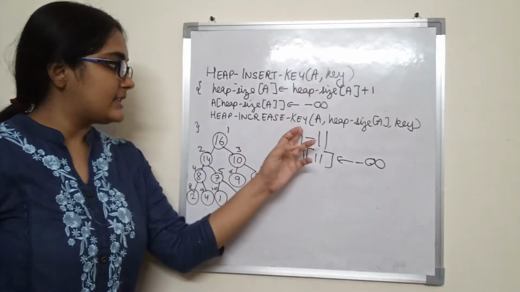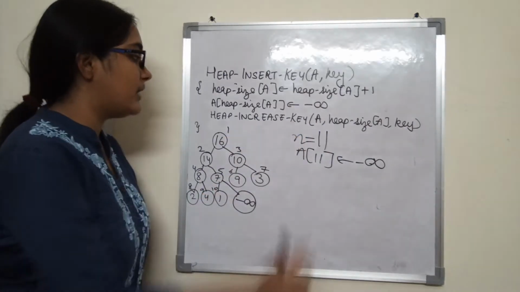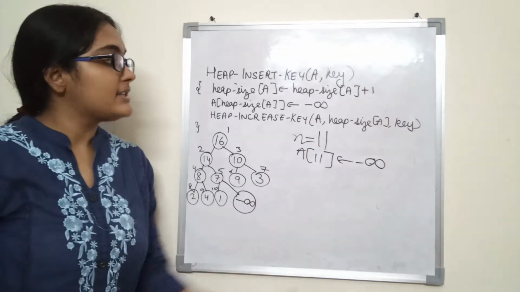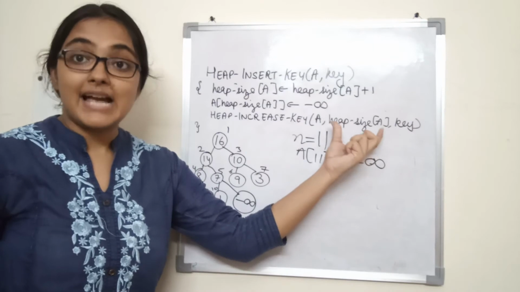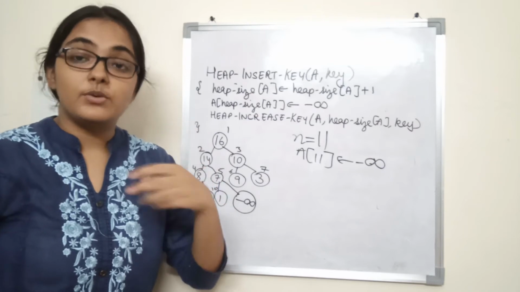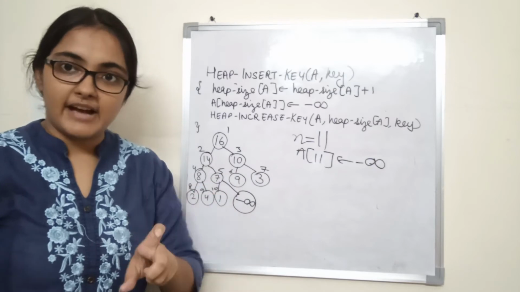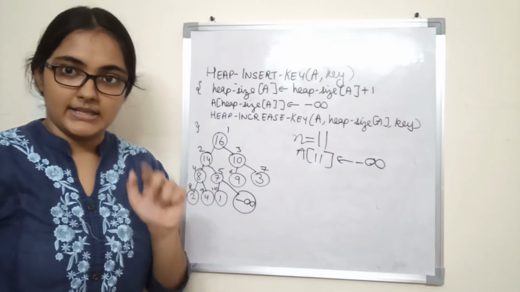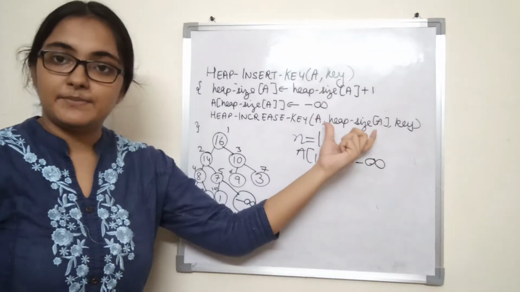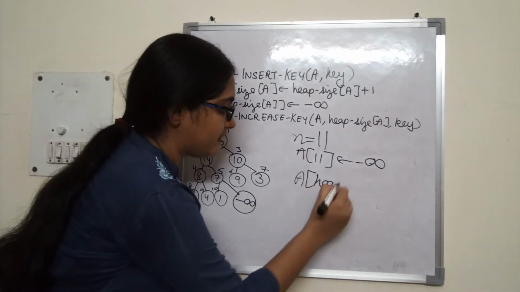Alright, now what we are doing, we are making use of the heap increase key procedure. That is, heap increase key A, heap size of A and key. We are calling it with array A and heap size of A. What was the index that we were passing? I. I was the index at whose element's value we wanted to increase. That is, if we want to increase the value of an element A of I, then we would pass I in the heap increase key. So we want to increase the value of an element A of heap size of A.